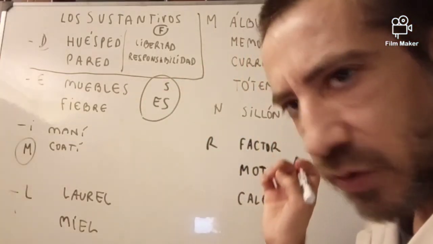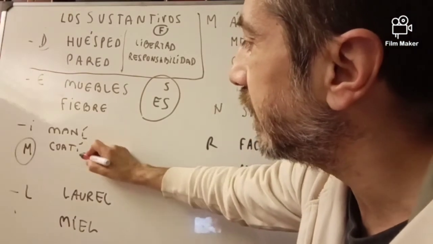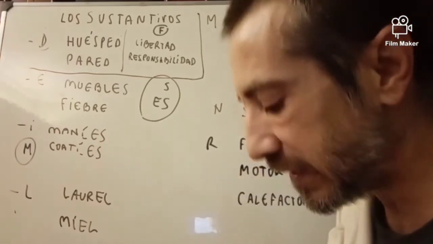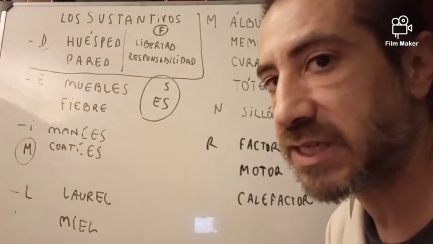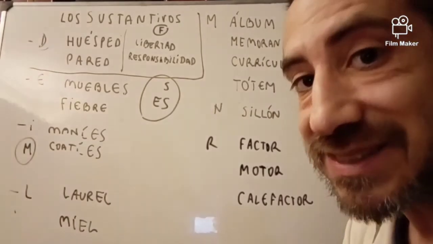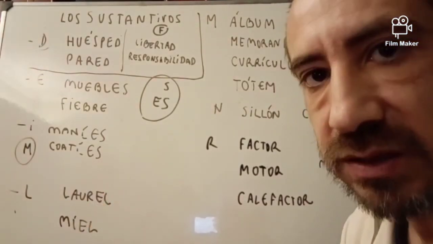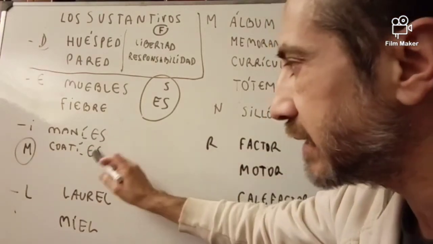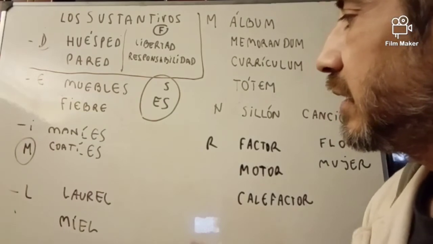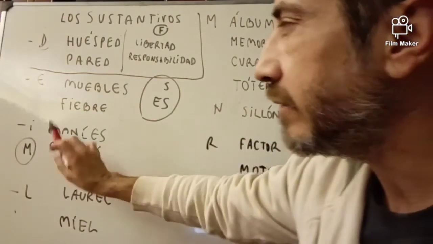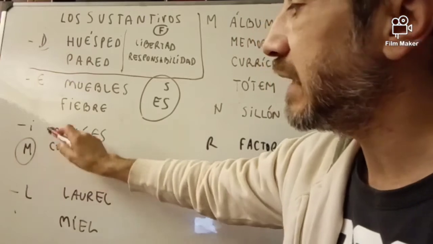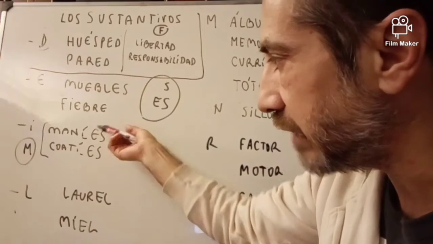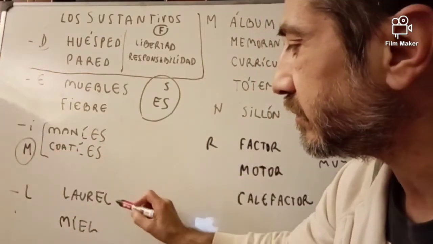Coatí, I guess it's coati in English, and as it ends with a stressed vowel, we have to add -es. I say this because even native Spanish speakers say manices, coatices. It's wrong. The correct way to say it is manises, coatís. They have a peculiarity that these two words are masculine. I'm laughing because there are only two words ending with this letter, and they are masculine.